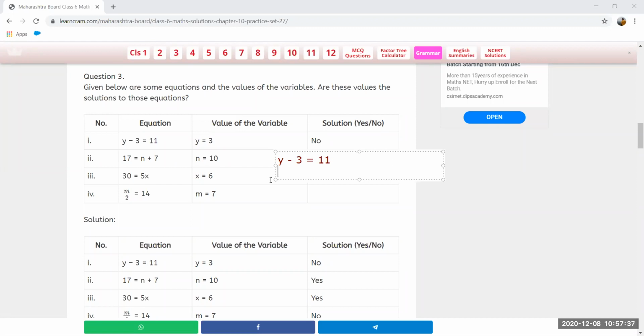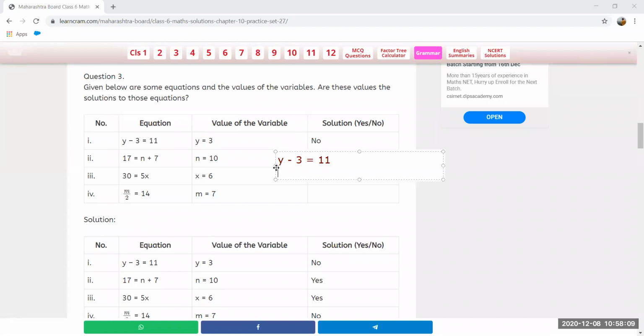Now, to find the value of y, what we want to do here, that we learned yesterday: if y minus 3 is equal to 11, and if we want to find this value of y only and we want to remove this minus 3, then what we will do? Yes, children, we will add 3 to both sides. Correct. Very good. Why do we add 3 to both sides? Because here minus 3 is given.